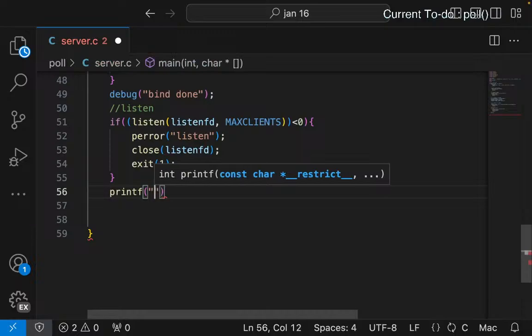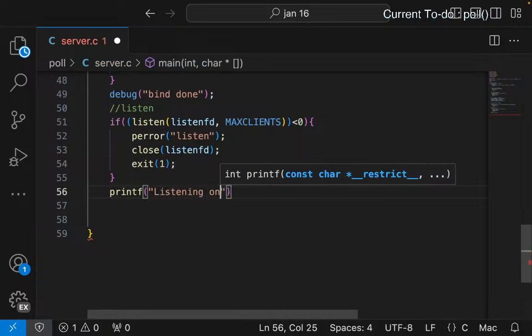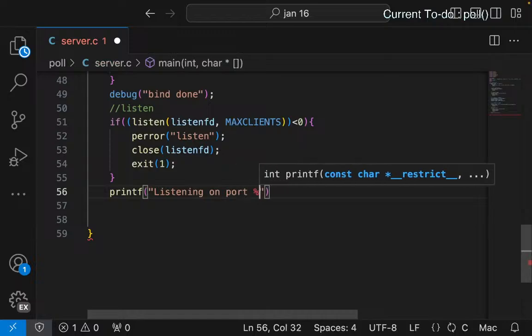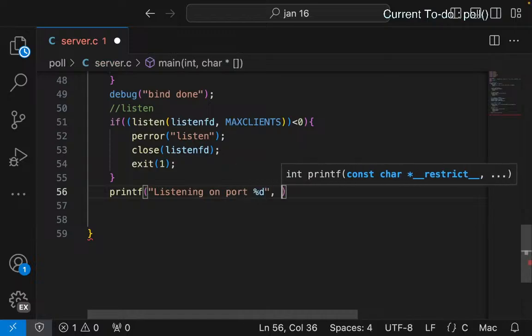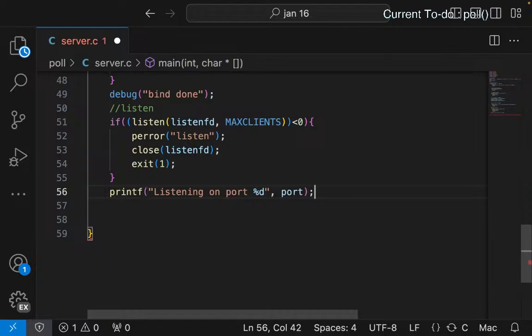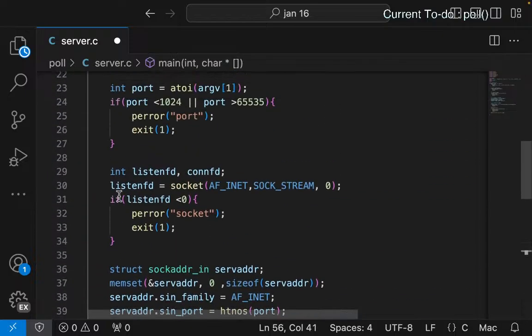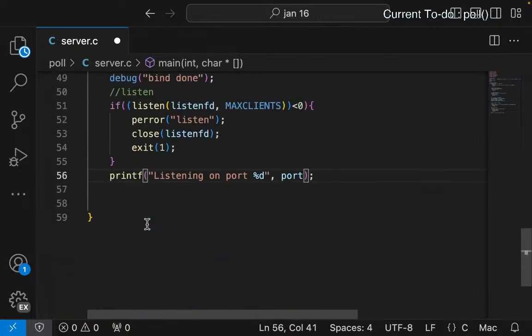Printf listening on port %d. You can just do port. That's cool. Int port, right? Do backslash n,